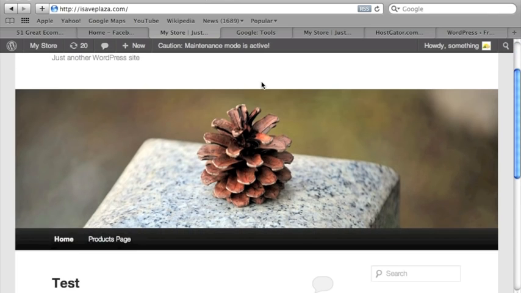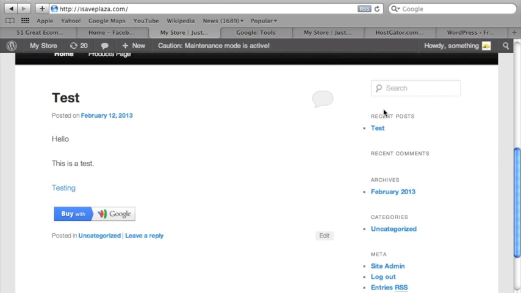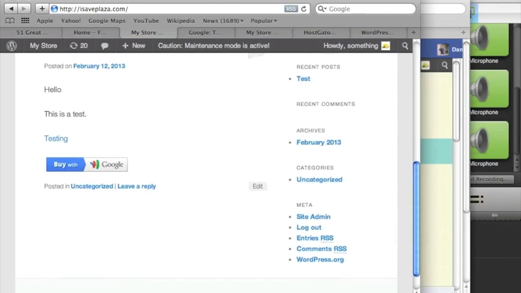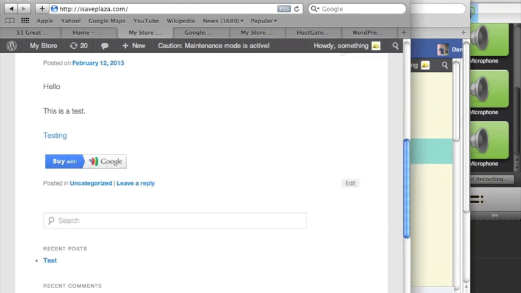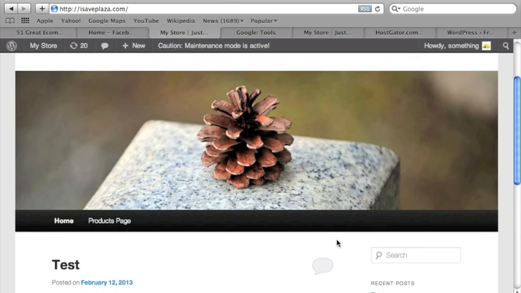And I'm using WordPress because it uses responsive web design. For those of you that are not familiar with responsive web design, what it basically does is the theme adjusts to the browser size. See, for example, here in the right column I have my recent posts, archives, categories, etc. As I adjust the size of my browser, you will see how the right column has moved to the bottom. This is very important for our Facebook store because we need a design that actually adapts to the size of the Facebook canvas, and WordPress works